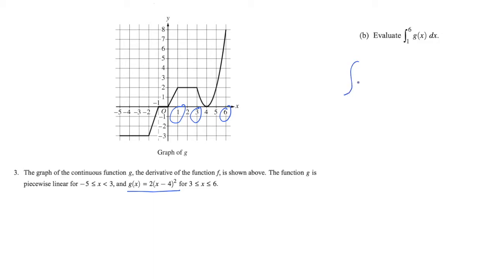First, we need to integrate function g from 1 to 3, and we also need to integrate